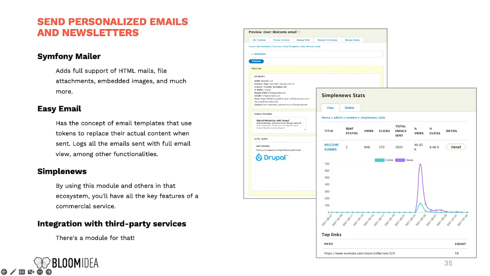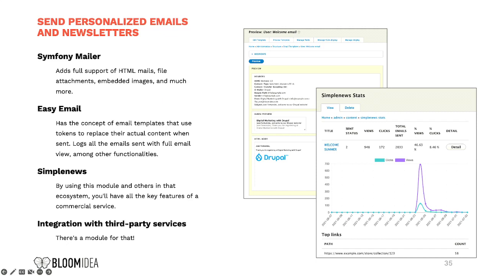Then you have Simple News. This is a very old module, I think from Drupal 6 or maybe before, where you don't need MailChimp, okay? It's free, native to Drupal. I have customers with 200,000 subscribers that only use Simple News to send the newsletters, okay?